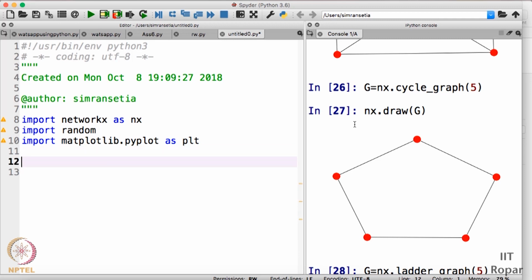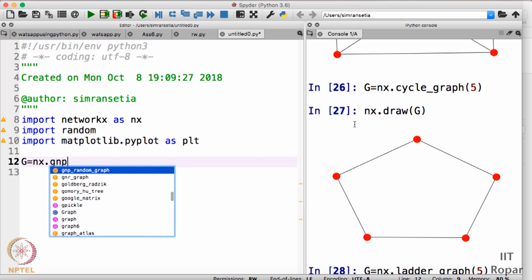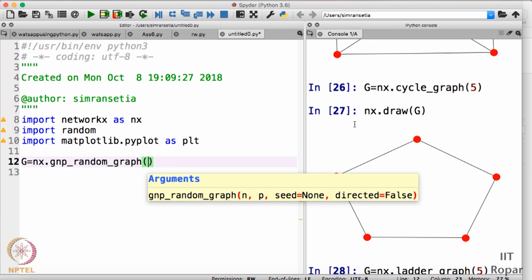As in the previous programming screencast, I showed you how you can draw random graphs using NetworkX. So we'll be drawing that particular graph here. I'll just write g is equal to nx.gnp_random_graph. The first parameter is the number of nodes.